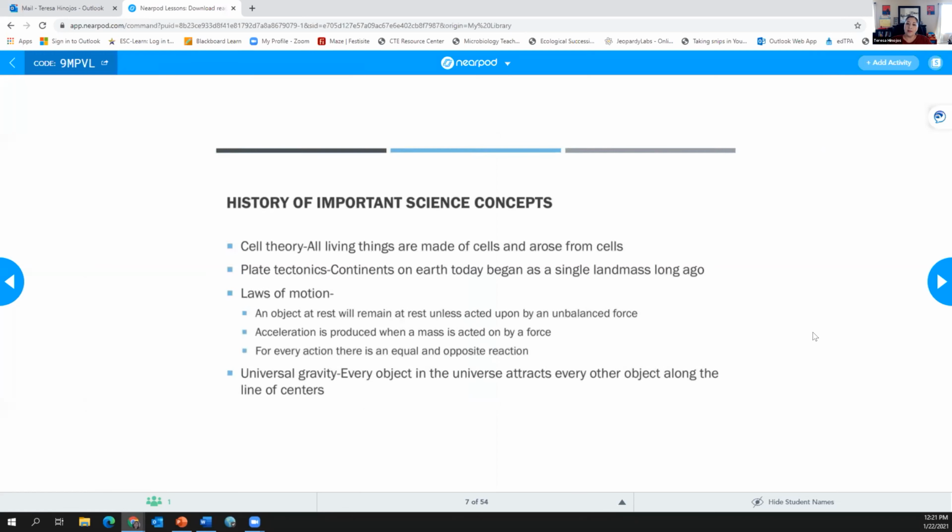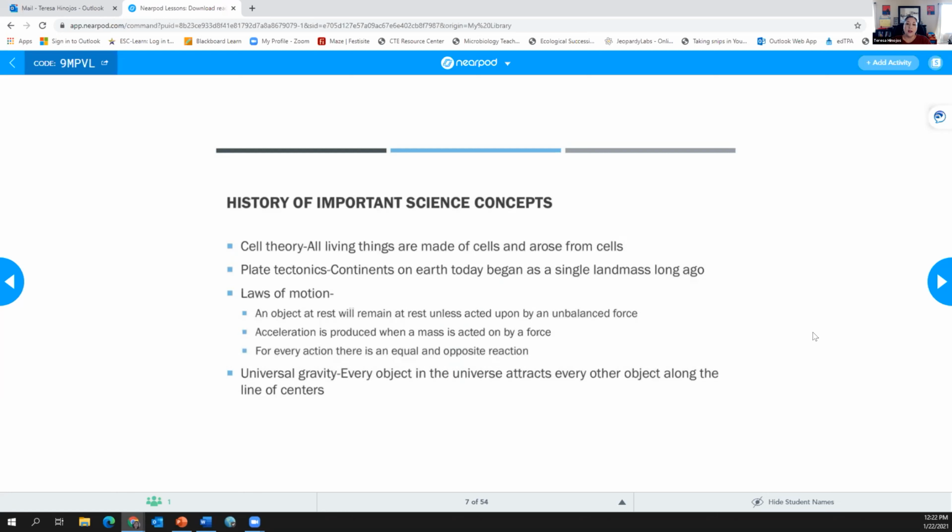So some important science concepts that you need to know in terms of history of science are the cell theory. That was what I was mentioning with spontaneous generation. So everything is made up of cells. And so if something grows or something forms, it's because there was already a cell there. Plate tectonics. So it's that idea that all of the continents on Earth started out as Pangea. So it was literally just one mass. And over time, because of the movement of the plates,